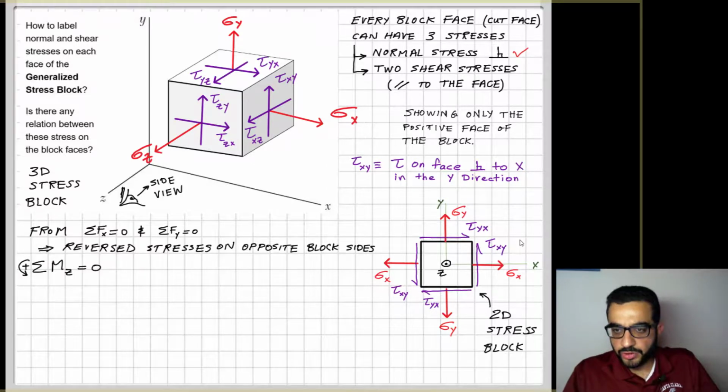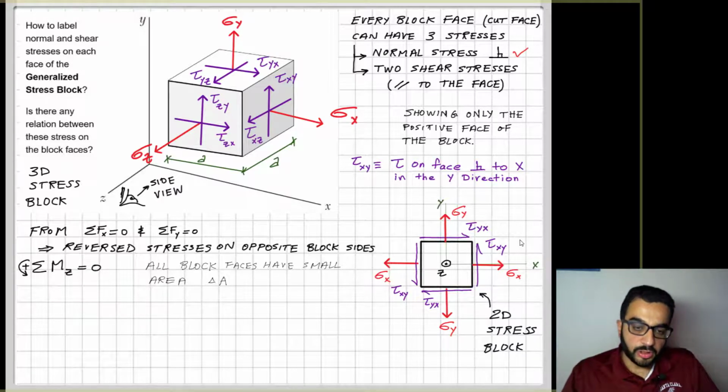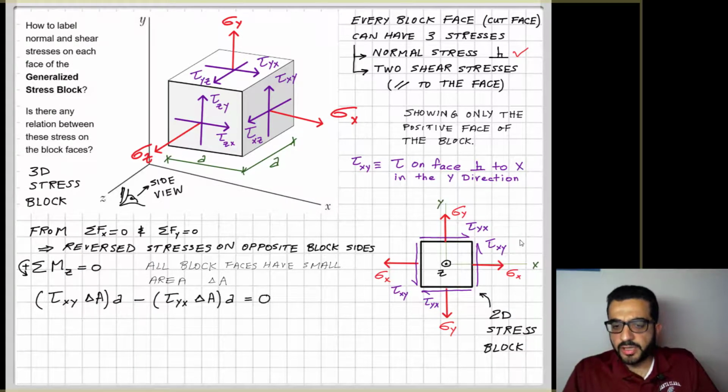So when I try to put some dimensions to this little space, let's say every side of this block is A, lowercase, and the area of every side of the block is delta A, because I need to calculate the forces that come out of these stresses, because a stress is not a force. So taking the moment around Z now, sigma X and sigma Y go through this Z axis here, so they don't cause a moment around it. There's no moment from sigma X and sigma Y. But tau XY,